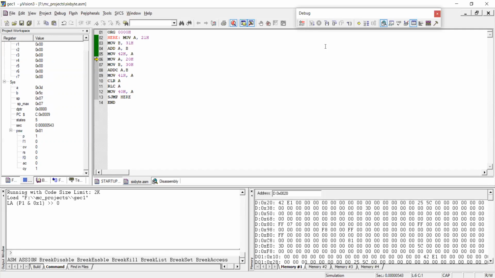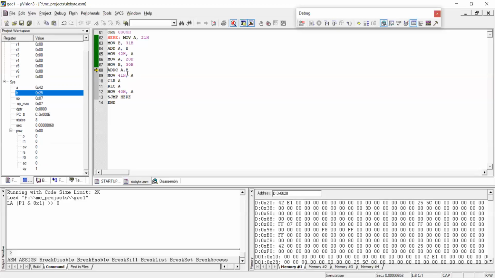Next what we have. Now I'll read the higher byte numbers. So A is having 42 now. Again in the B register I will read the higher byte number so that it is having 25. You can see here the carry bit is set to 1. That's the reason I need to use the ADDC instruction, right? For the lower byte we can use the ADD instruction, but for subsequent higher byte addition, for multi-byte addition, make sure that you use the ADDC instruction there, right?